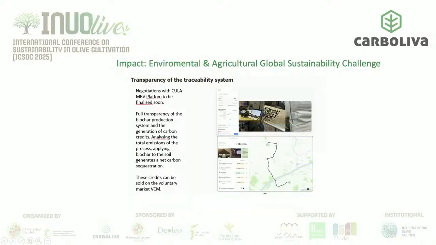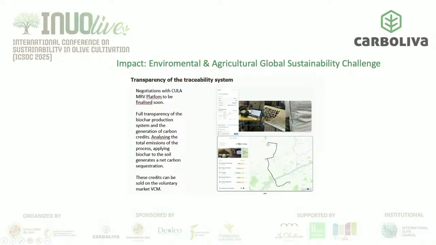They are also studying our whole process with the life cycle assessment, seeing our emissions from the beginning of the process to the final point where we are applying the biochar. We also have a tracking system in order to demonstrate the transparency of the system, and they are also taking into account the emissions from the transport to the final point. When the client receives the material, they have to scan a QR code. The system calculates the full